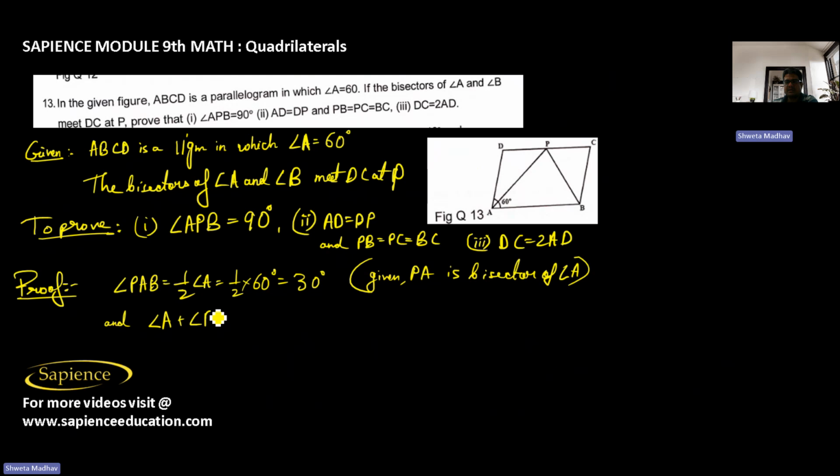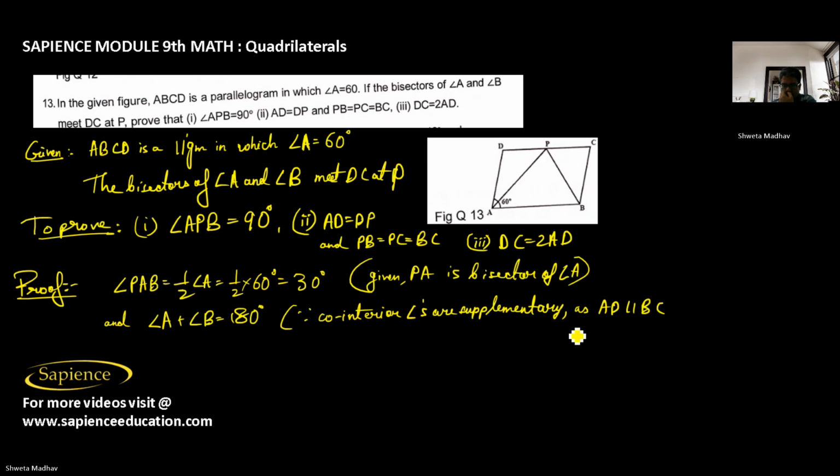angle A plus angle B is equal to 180 degrees, since co-interior angles are supplementary, as here AD is parallel to BC since ABCD is a parallelogram, and obviously AB is the transversal. The sum of co-interior angles is 180 degrees. So therefore, I can say that,